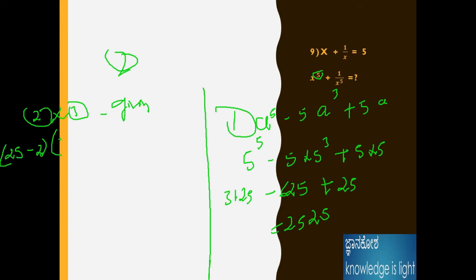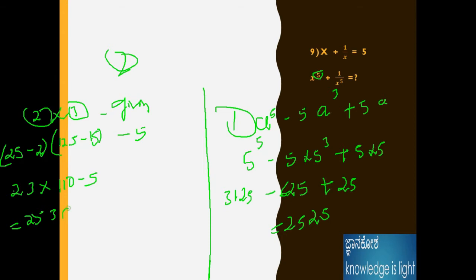K cube means 5 cube is 125, then 3k means 3 times 5 is 15, and minus the given number, 5. Therefore, what is the term? 23 into 110 minus 5. We already know the shortcut: first term and last term, we need to make it as 11 multiples, same as 235. I already made a video for the shortcut method for 11 multiples as well as 9 multiples. Please see the video in the description section.